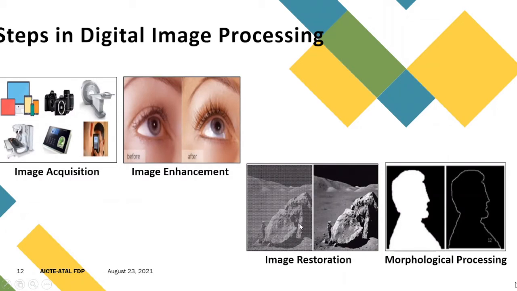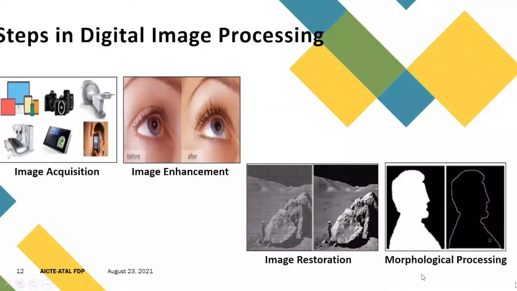Means for which particular model it is to be, for which mathematical model it is to be related, up to which particular level. So here image restoration is model dependent. It is not dependent on your choice, on my choice, right? So enhancement is subjective in nature. Restoration is objective in nature.